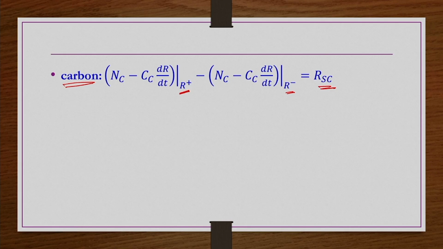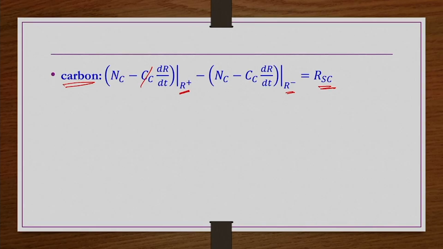So, now here R plus is what? R plus is the location towards the gas side. Towards the gas side there is no carbon at all, only gaseous components are there, carbon is present only towards the particle side. So, C_c is 0 and then obviously N_c would also be 0, right. And then towards R minus, C_c is pure carbon, towards the particle side it is pure carbon,